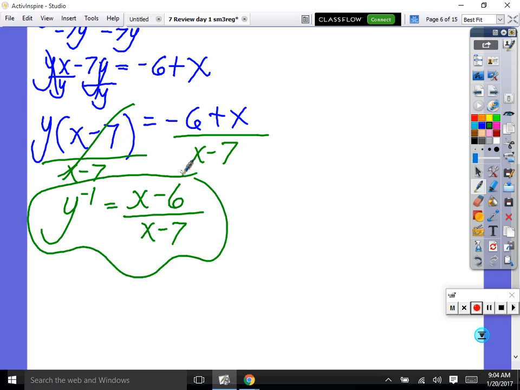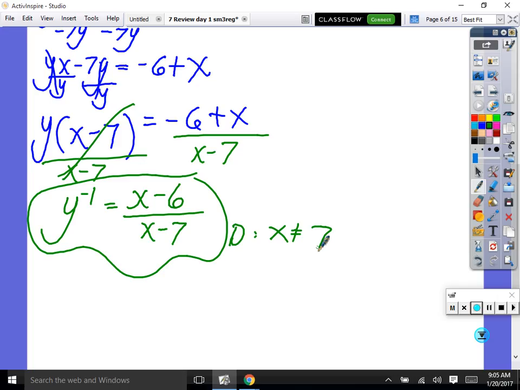Which took some thinking, yes. What do you do if it says, decide if the inverse is a function and say how? Good question. This is a function. Remember how we were graphing these? They were always a function. What would our domain be for this one? X cannot be